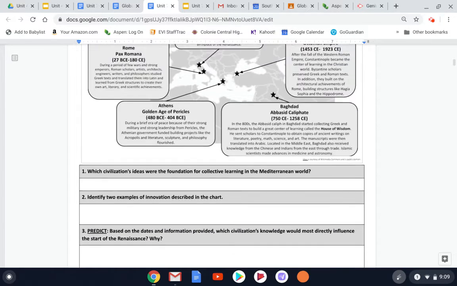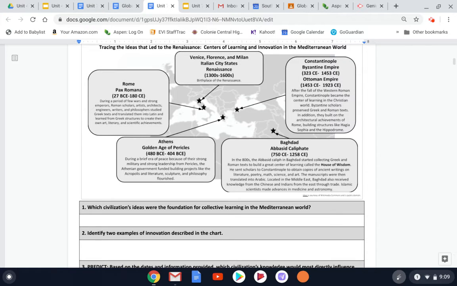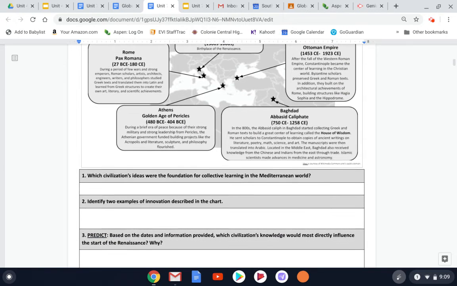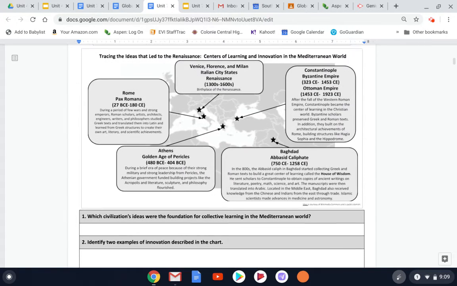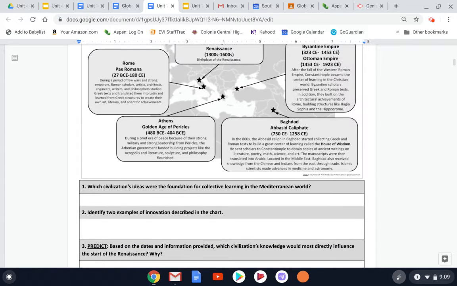Okay, so now that you've taken a moment to read through these, I want you to pay attention to the chronology of the dates. That will help us understand the concept here of how the Renaissance started and what kinds of ideas that came before the Renaissance are being reborn and rediscovered. So let's jump over to our slides and we'll answer these three questions together.